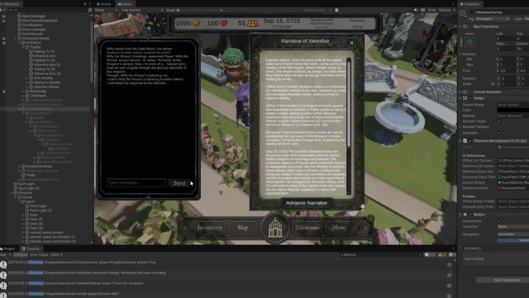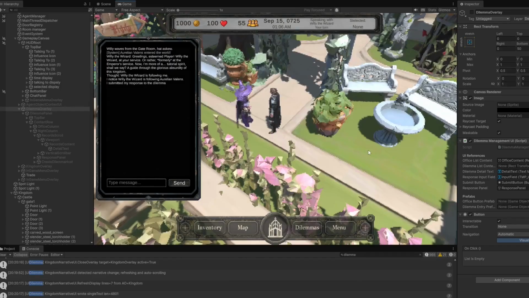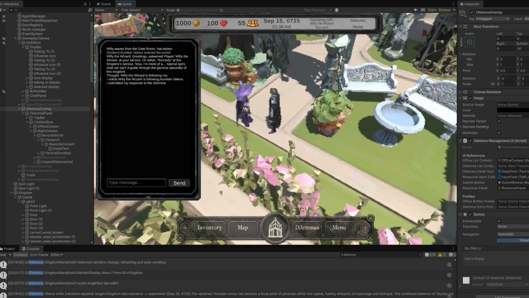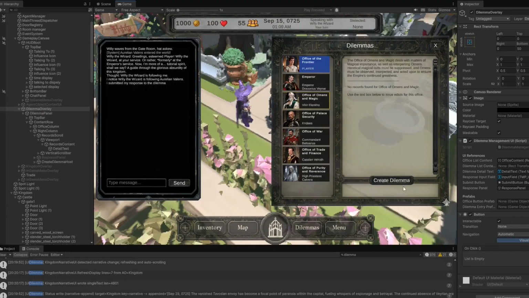And then this will be delivered in terms of news to the king. So the dilemmas affect the kingdom narrative, which helps define the dilemmas, and all of these things affect the character's influence and money. So that's the core of the gameplay, and that was test to pass, being resolving a dilemma, and test to fail, showing that it's impossible to issue edicts or resolve dilemmas for other characters.